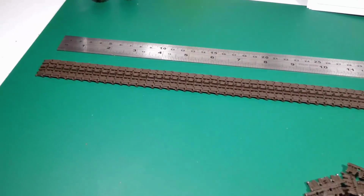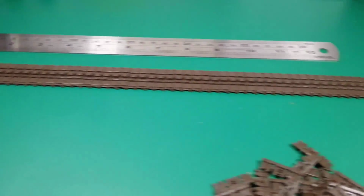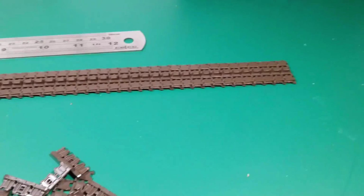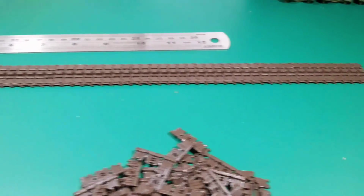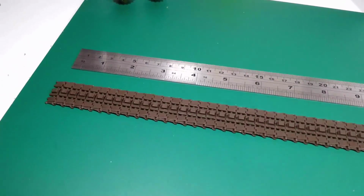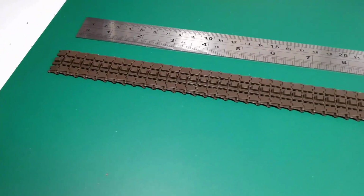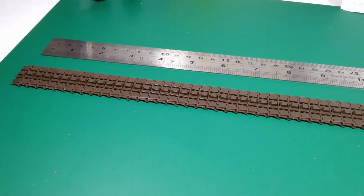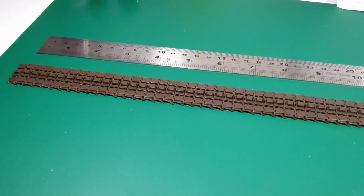Alrighty, here we are. So I've completed the link chain. 62 pieces. I've double counted and triple counted just to make sure I've got the right number, so I don't end up with a bit of a crisis on my hands. But yeah, so the theory is, and I've only done this once before and I've seen it done plenty of times on YouTube, so